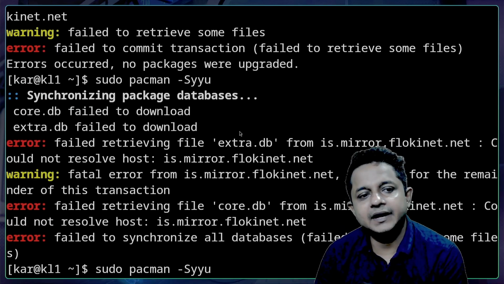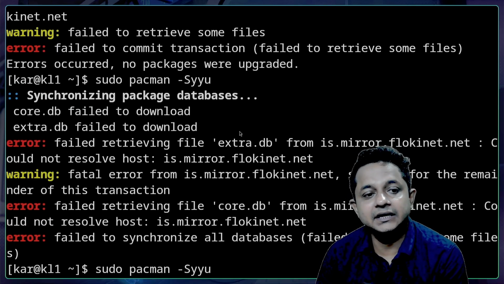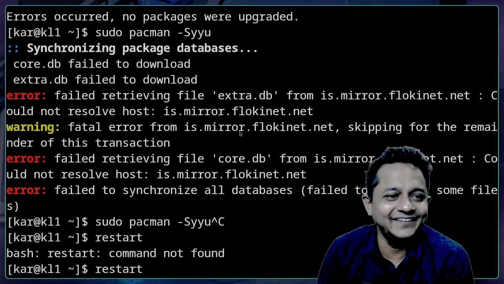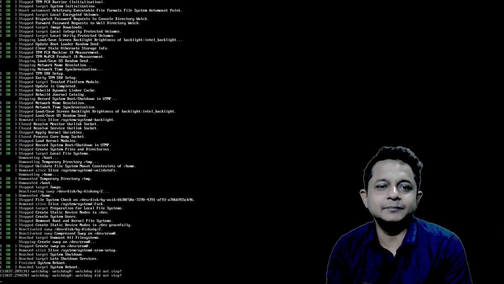Oh, I see the issue. I am not even connected to the internet. What did I do wrong? I'm not sure. Let's restart the system. Restart command not found. I'm not sure. What do I do? Yeah, the reboot command worked, but I had to be a root user to reboot my own